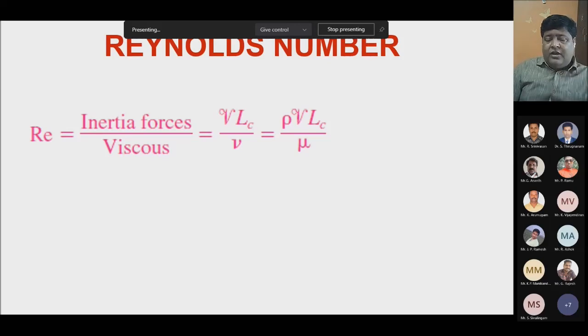Because you know that in conduction, we have an equation where alpha is called thermal diffusivity. If you take a 3-dimensional Cartesian equation, we have del square T by del x square plus del square T by del y square plus del square T by del z square plus q by k is equal to 1 by alpha into del T by del t. That alpha is thermal diffusivity, k by rho Cp, thermal conductivity by rho c.